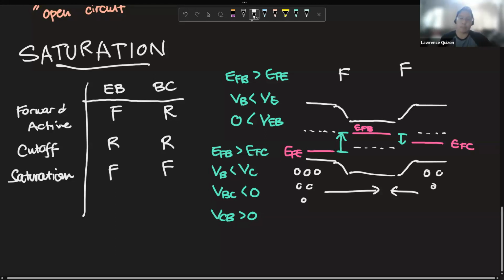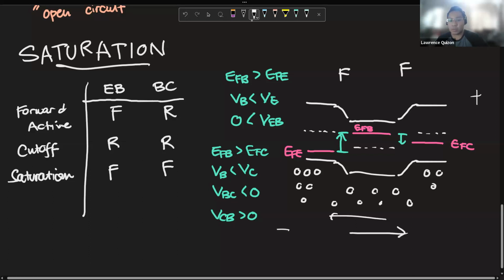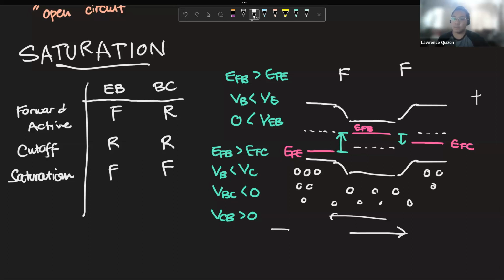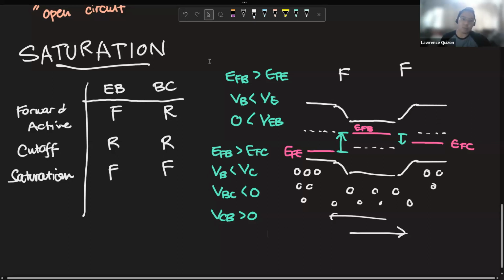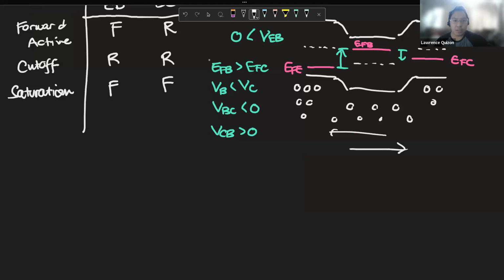Well, for a BJT in saturation, what essentially happens is this becomes a sea of carriers, which can go any which way depending on the voltage applied across here. Or in other words, in saturation,